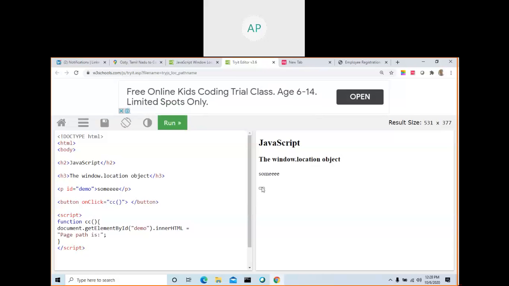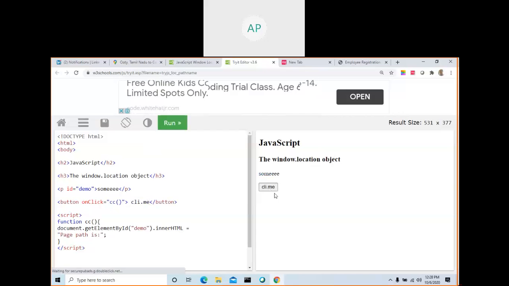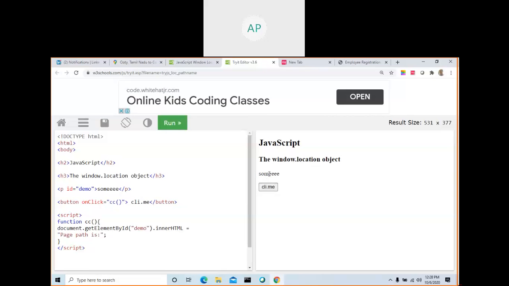See, you created one button. What is the name of the button? Okay, see here, now the content has changed. This is static. When I click this, the paragraph content gets changed. How do you access the paragraph content?